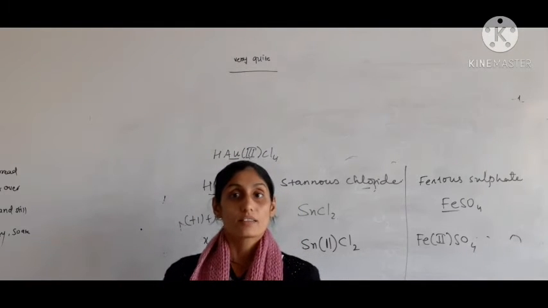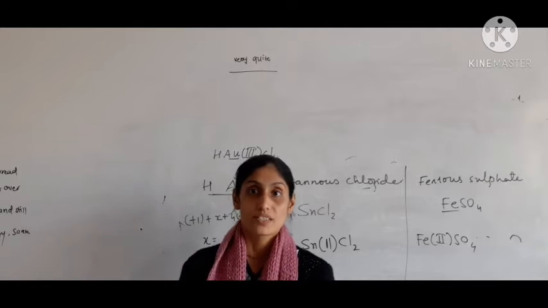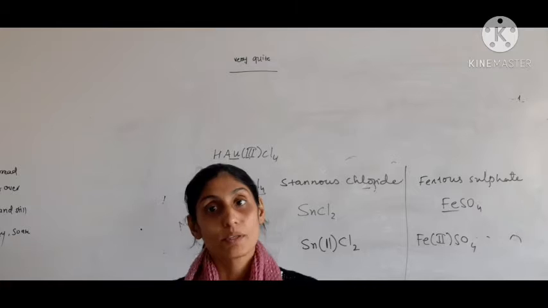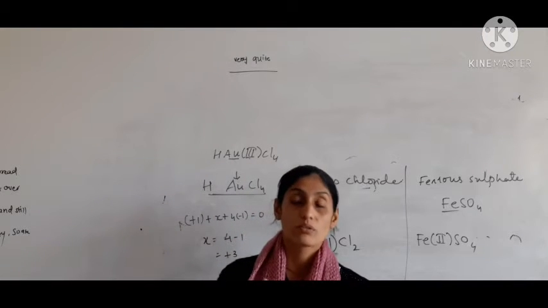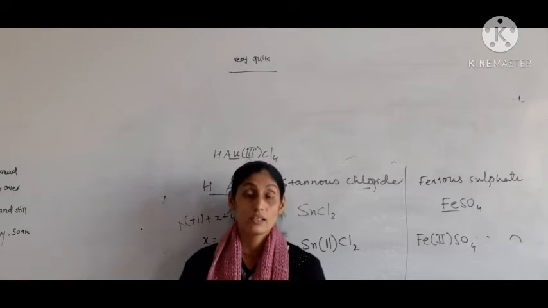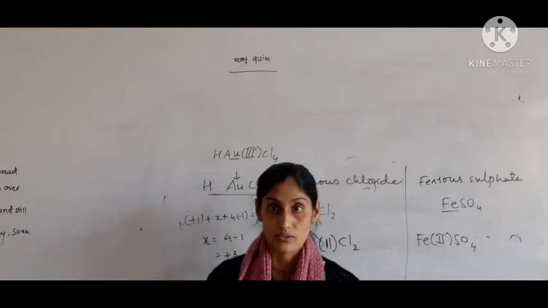Good morning class. We'll talk about chapter number 5. We are starting with periodic properties, atomic properties, in which we are going to talk about valency. We'll talk about atomic size, atomic radius, metallic and non-metallic character, acidic and basic nature of their oxides, and lastly we'll talk about electronegativity.